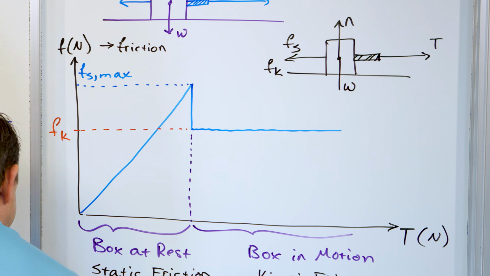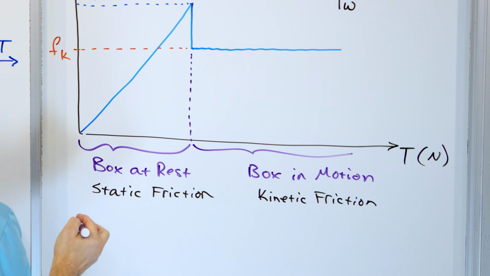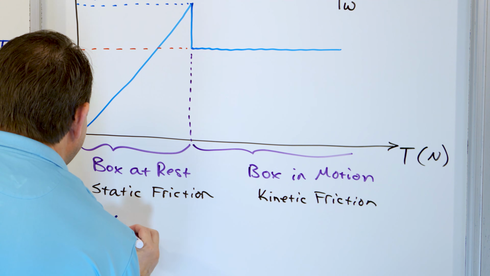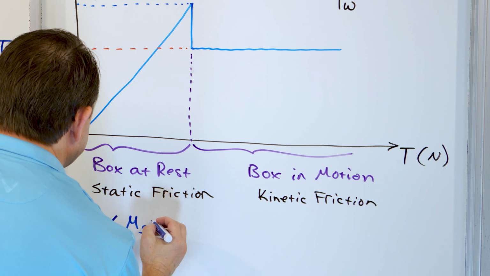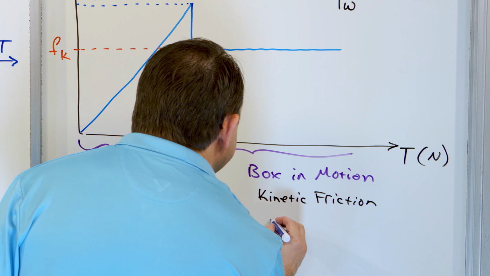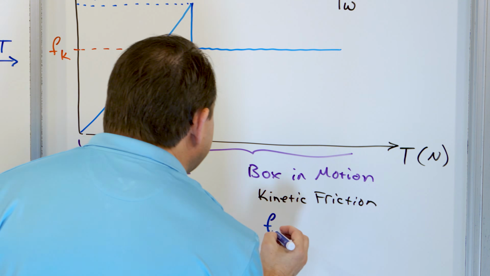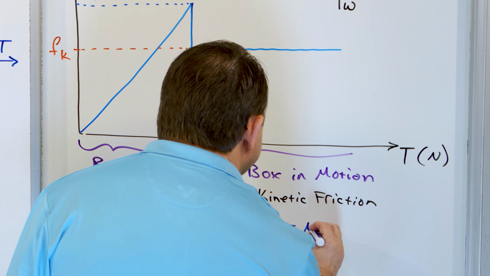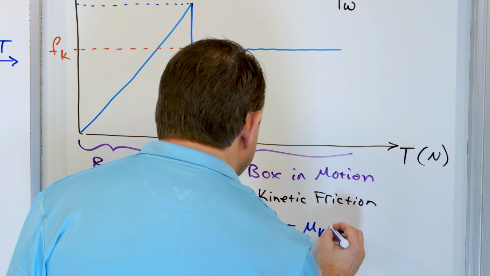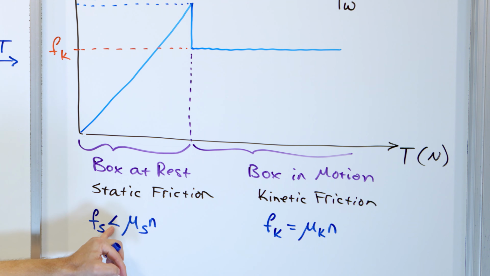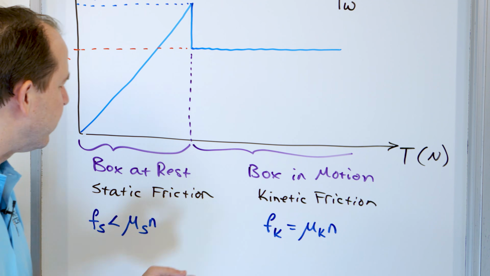And so what we have is when the box is at rest, the frictional force, which is called the static frictional force, has to be less than the coefficient of static friction times the normal force. But once the box begins moving, the new frictional force is replaced by the kinetic frictional force, which is equal to the coefficient of kinetic friction times the normal force. Notice these equations look almost exactly the same, but this one has a less than sign and this one has an equal sign, because the